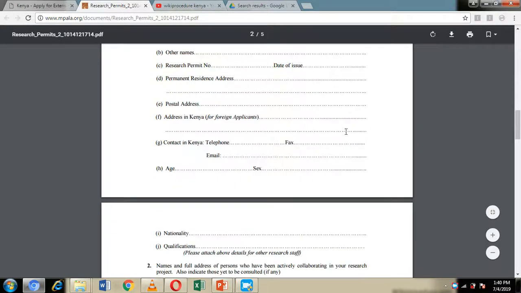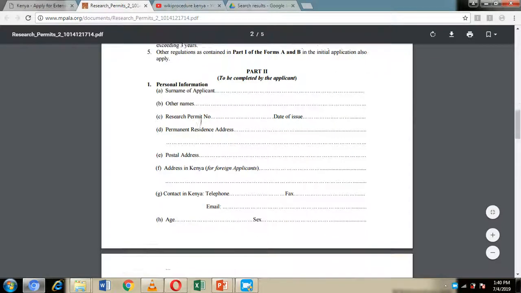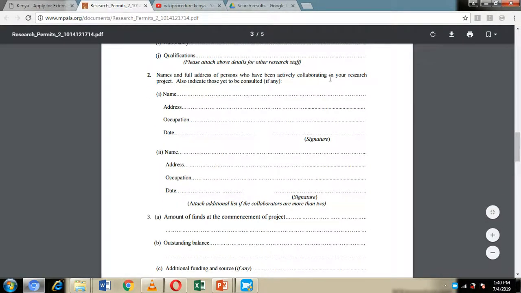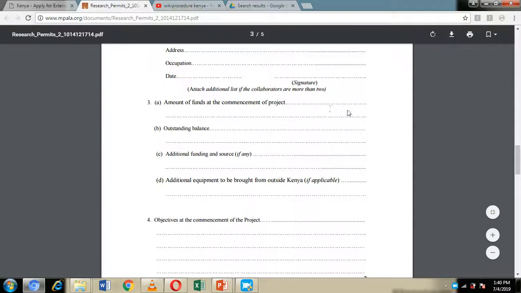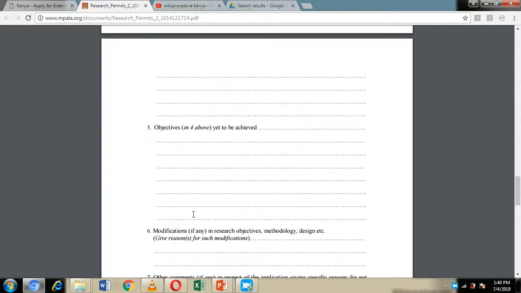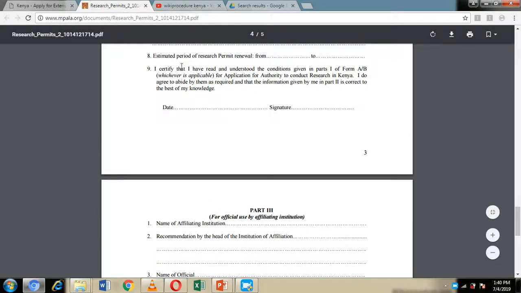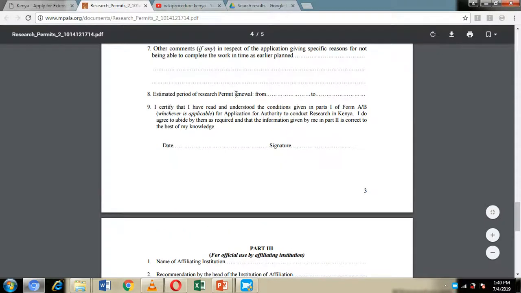Part 2, you're supposed to fill in your personal information. Part 3, you're supposed to give full addresses of persons who have been actively collaborating with you through the research. The amount of funds which you had at the commencement of the project, the outstanding balance, where you're going to get additional sources of funds, the objective of the project, if any of the objectives have been achieved, if you have modified any objectives, and go through filling the estimated period for which you want to get